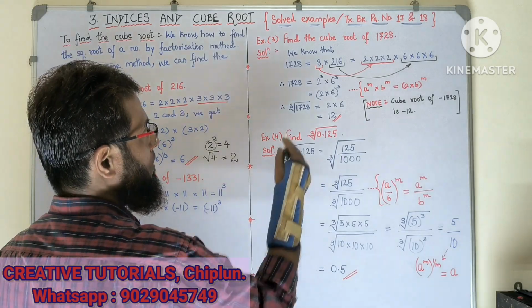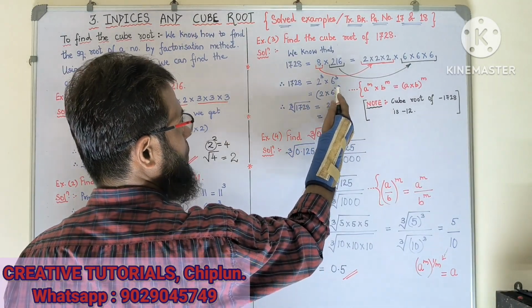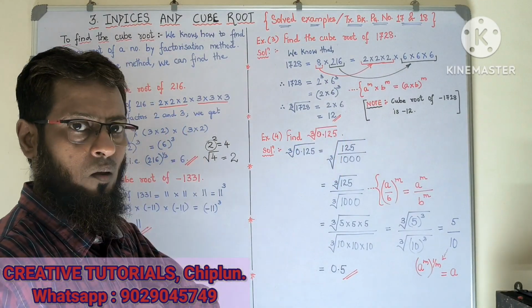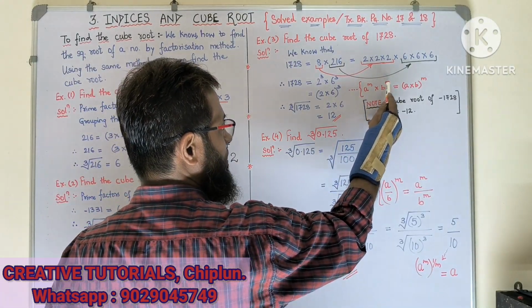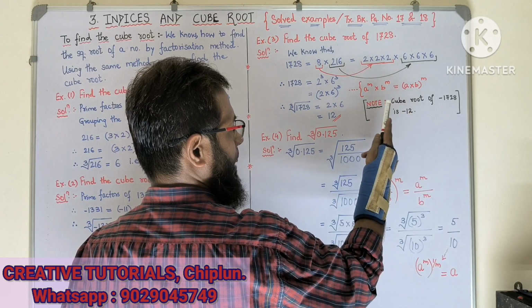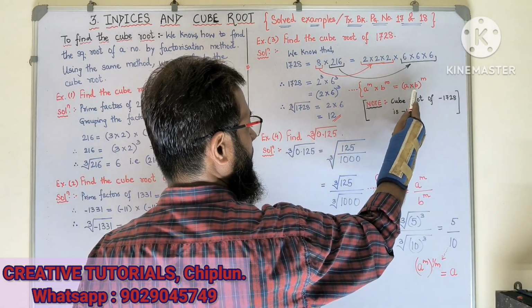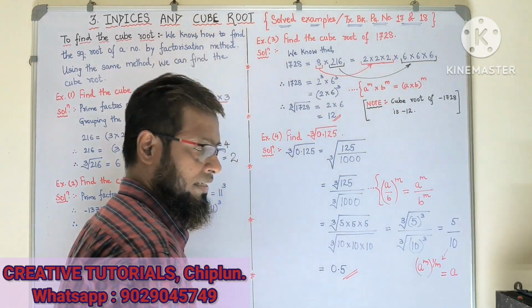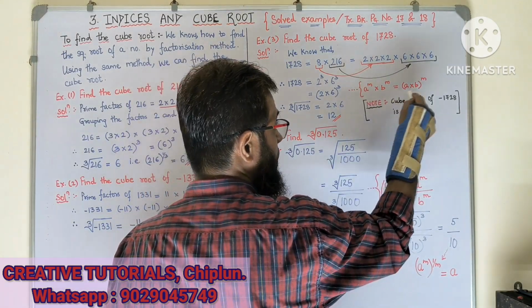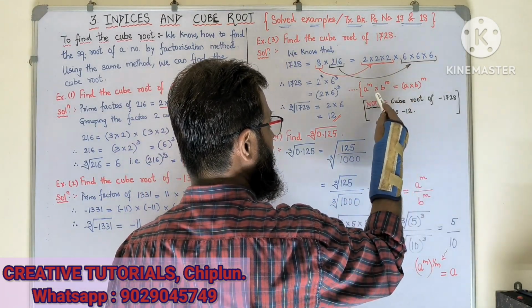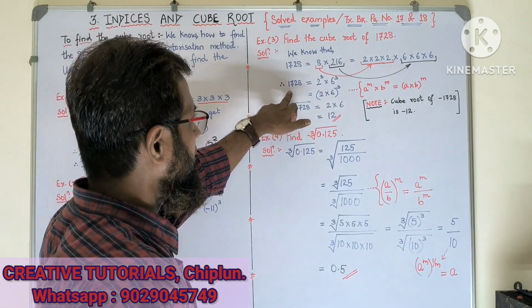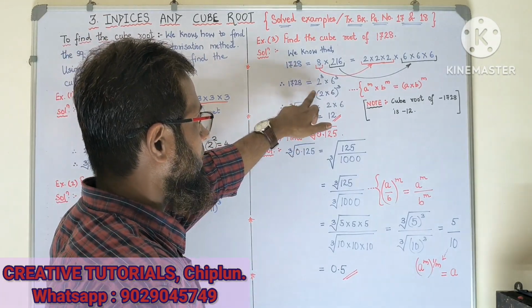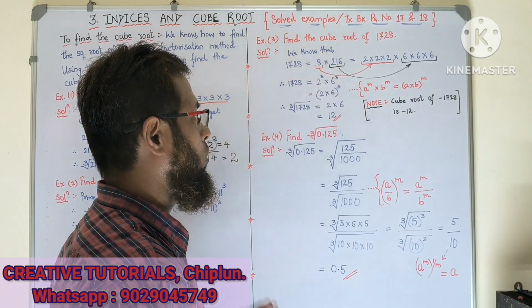Okay, now this is equal to 2 multiplied by 6 the whole cube. If you remember that law of the indices, that if a raised to m is multiplied by b raised to m, then a multiplied by b gets a common index. Therefore, from this law of indices, you get this step. That means I can write that if 1728 is equal to 2 multiplied by 6 the whole cube, then